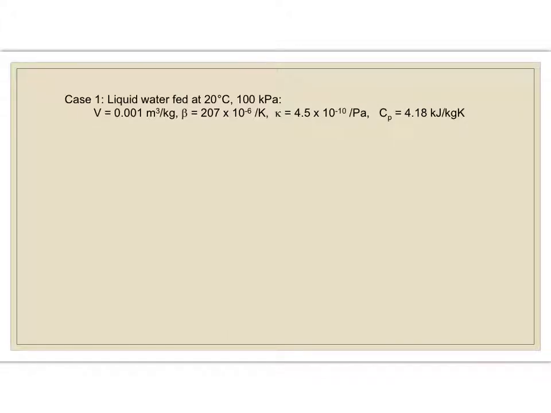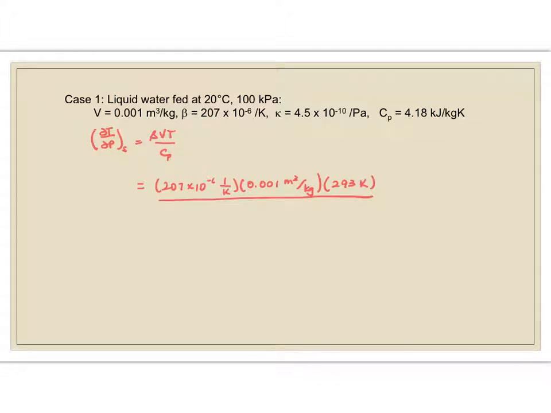And so what we found is that dT dP at constant S is beta Vt over C sub p, which in this case is 207 times 10 to the minus 6 reciprocal kelvins. The specific volume is 0.001 cubic meters per kilogram. The temperature is 293 Kelvin. Be sure you use absolute temperature. And C sub p is 4.18